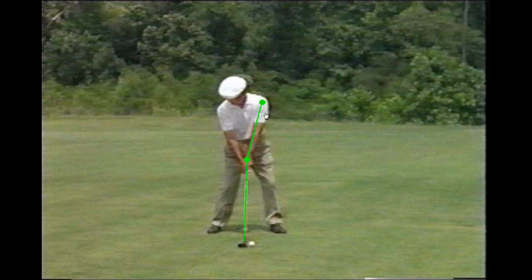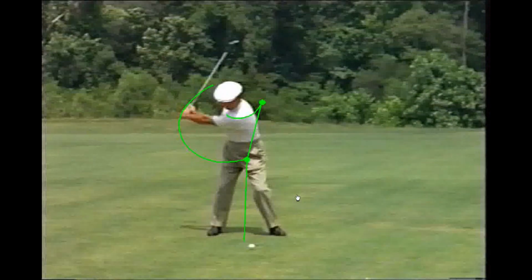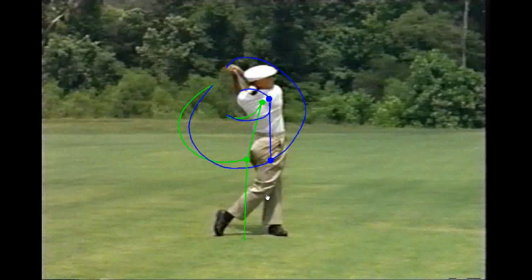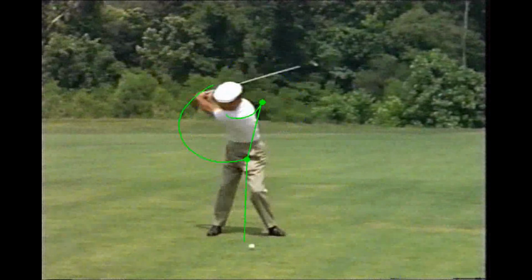Both of these points will be traced throughout the entire swing, where the line trace in green shows movement during the backswing, while the blue trace shows movement during the downswing. A line which connects the left shoulder to the butt end of the grip is shown in green at address, and that same relationship is shown in blue at impact. Here is what I'm anxious to show you,